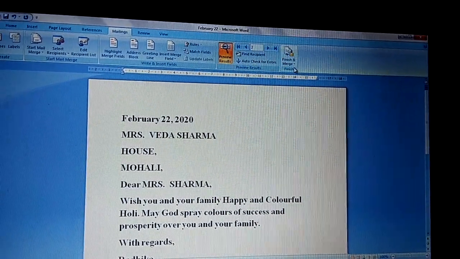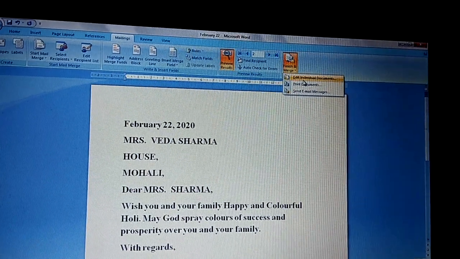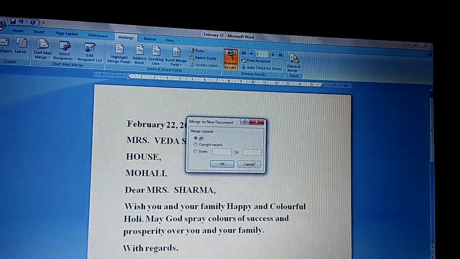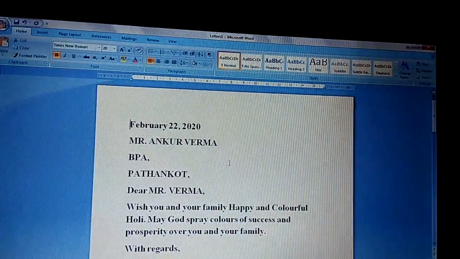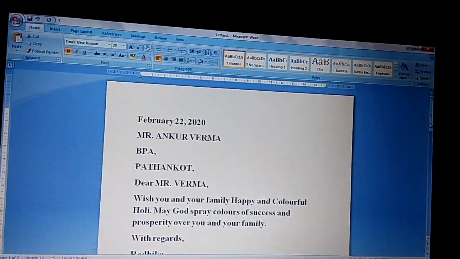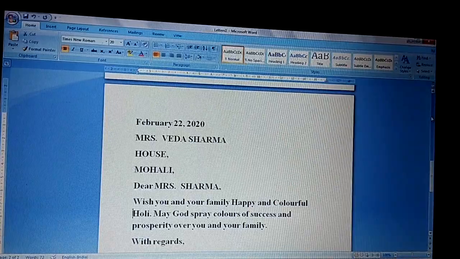After that, click on Finish and Merge. Click on Edit Individual Documents. Then click on OK. Now you can see the document. This is the first person, that is Ankur Verma. After that, this is the second person, that is Veeta Sharma.